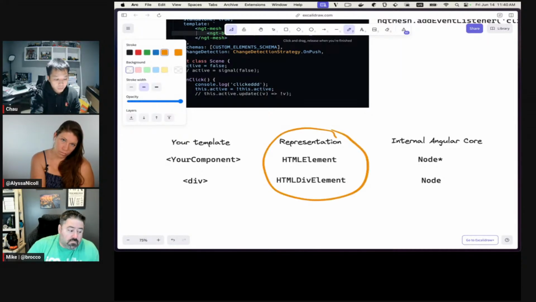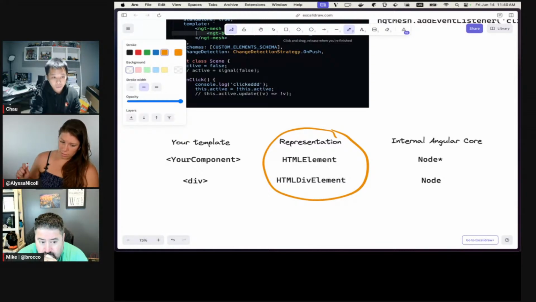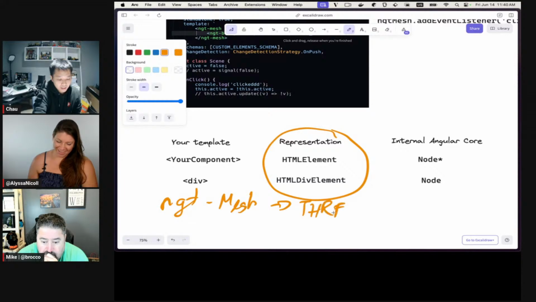The renderer would take your template and turn that into the representation of whatever you want to represent it as. The Angular renderer, the DOM renderer, does this. My renderer would turn the NGT mesh into a three mesh.